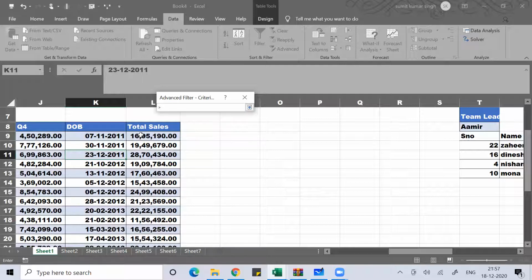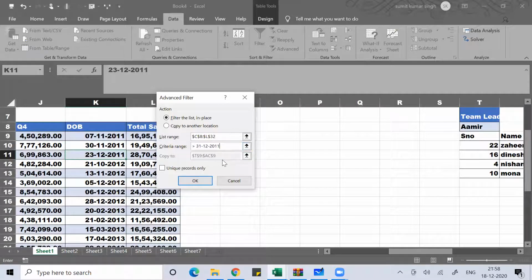Criteria range, greater than 31st December 2011. Okay.